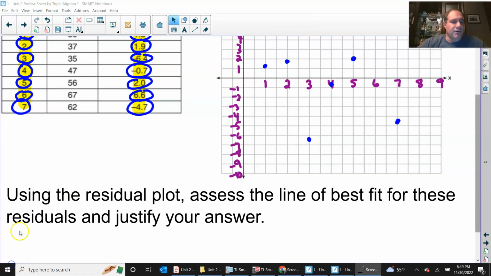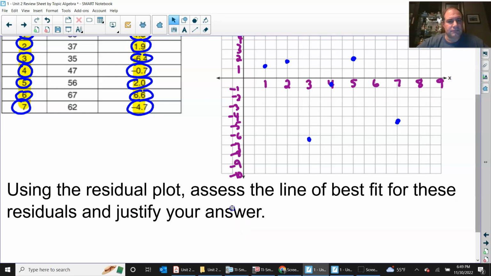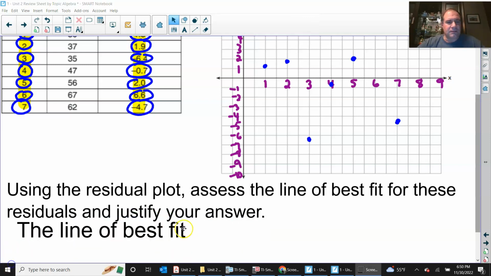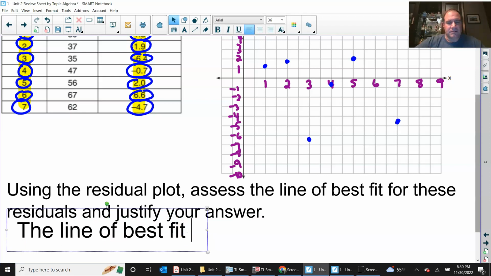So you are going to put the line of best fit is a good fit